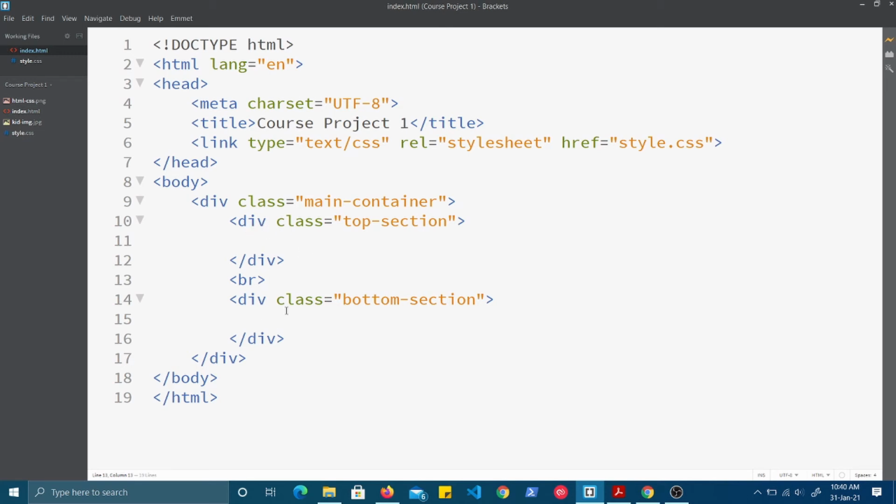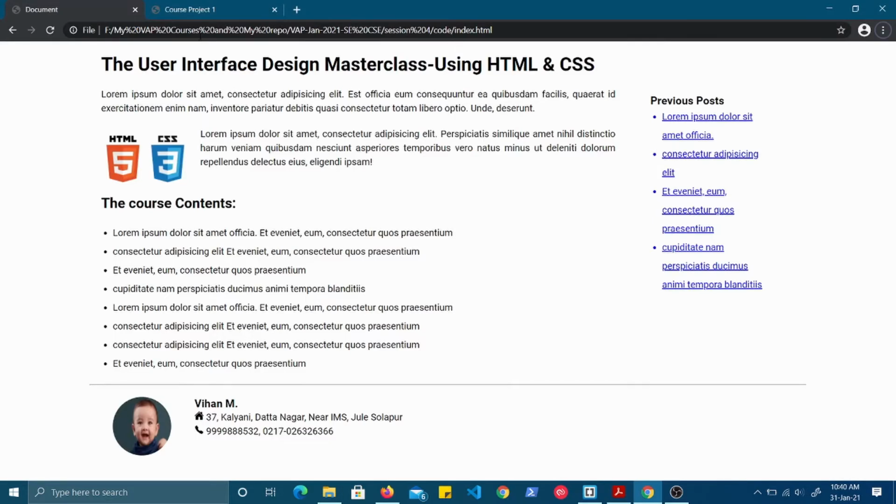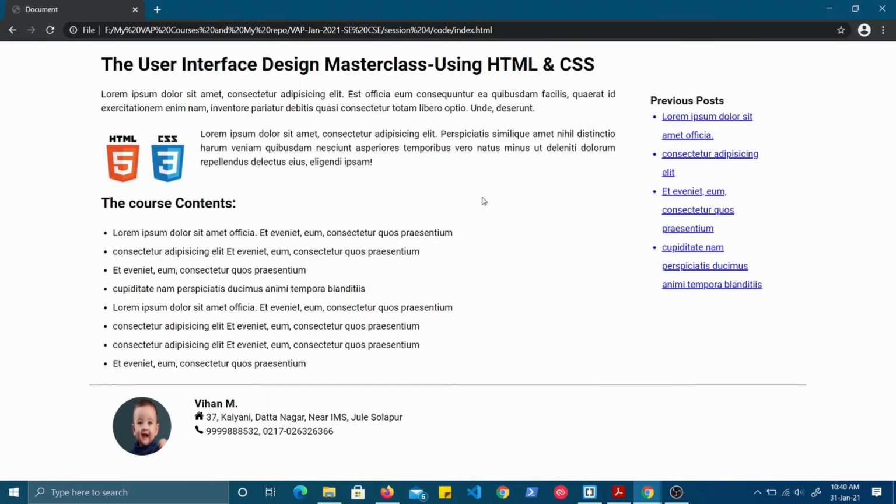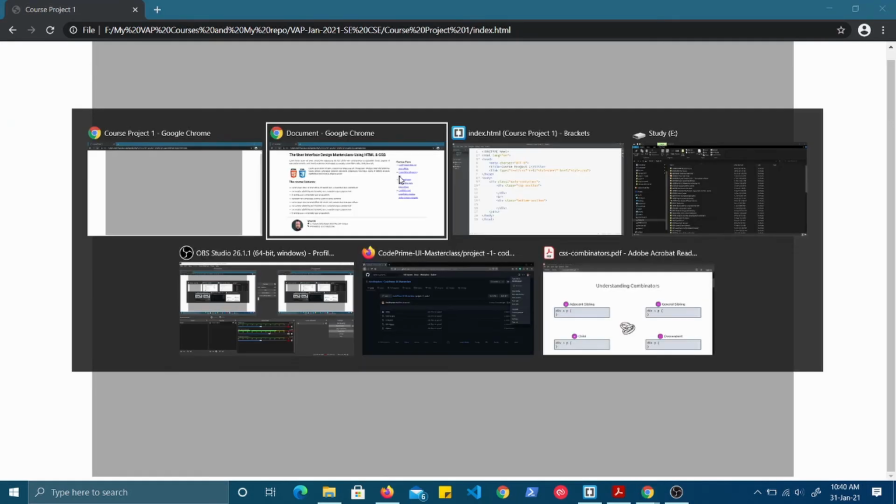But now this div will not be visible. Why? Because there will be only a horizontal line visible, since this doesn't have any height. If you see how it looks, it will not be visible.